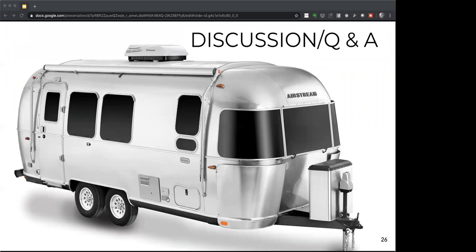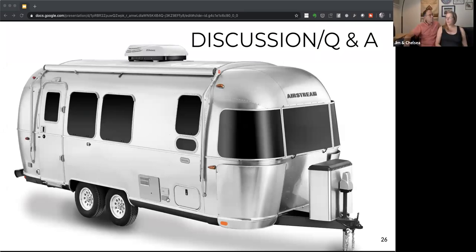Just going through some of the questions here in the Q&A, was there something that you feared, either initially or even before you got into Airstreaming, that now you look back at and say, no big deal? Probably towing was one part of that. Yeah, towing. Or maybe backing in specifically. Backing in. But I would say, I'm not quite to the point where I'd say no big deal, but I'm not at the point where I'm like, ooh,